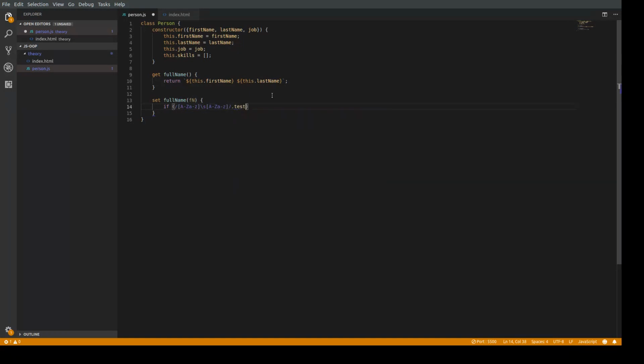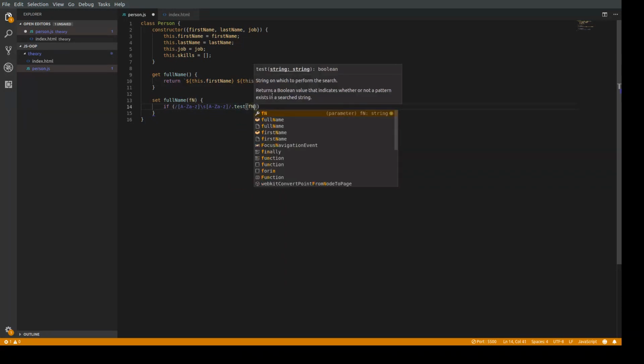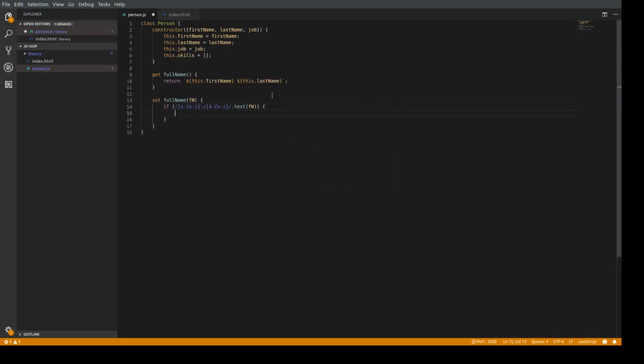So test argument fn. If it works, we will do something, and if it not, I'd like to throw an error